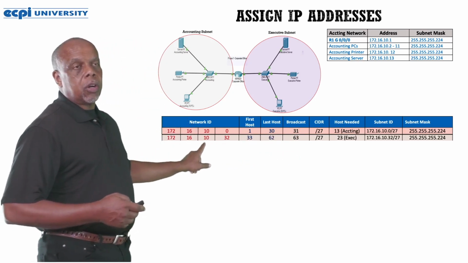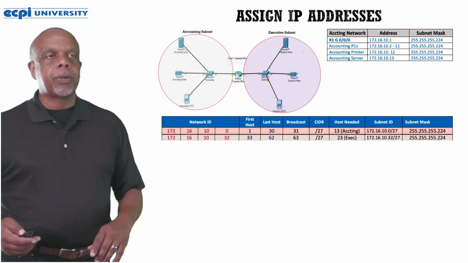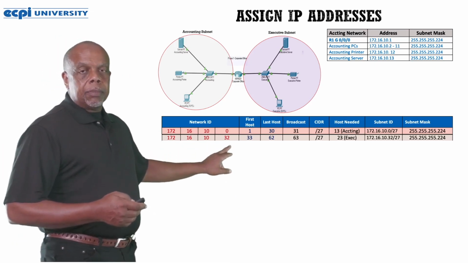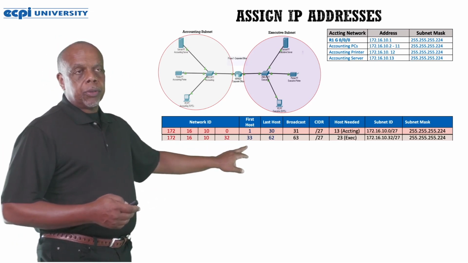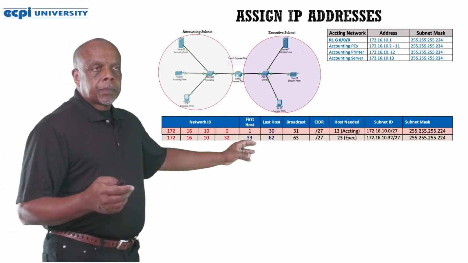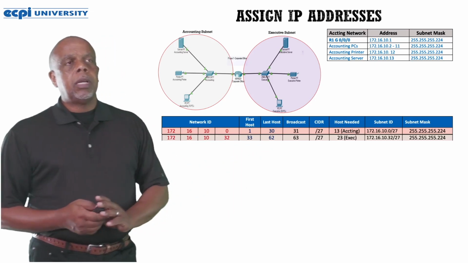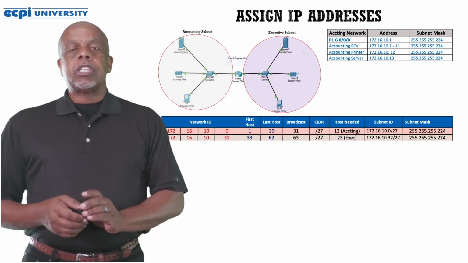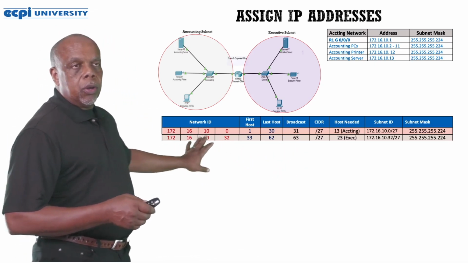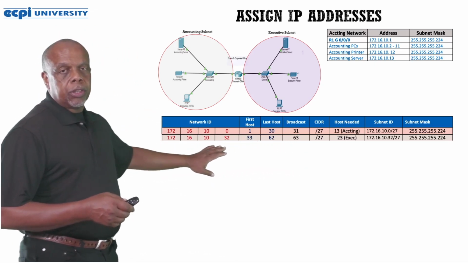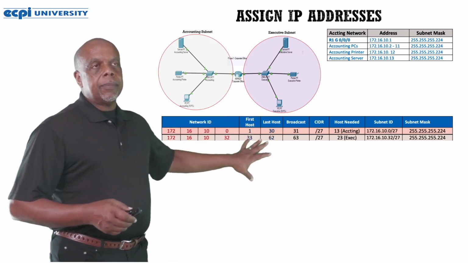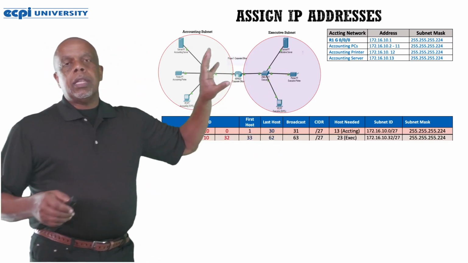So this one has to start at 32. Nothing tricky there, right? So that tells me that my first assignable is going to be .33. I've got 30 to work with, so my last assignable is going to be 62. The broadcast is 63. So that's my addresses. Those are the 32 addresses that I'm working with on this second subnet